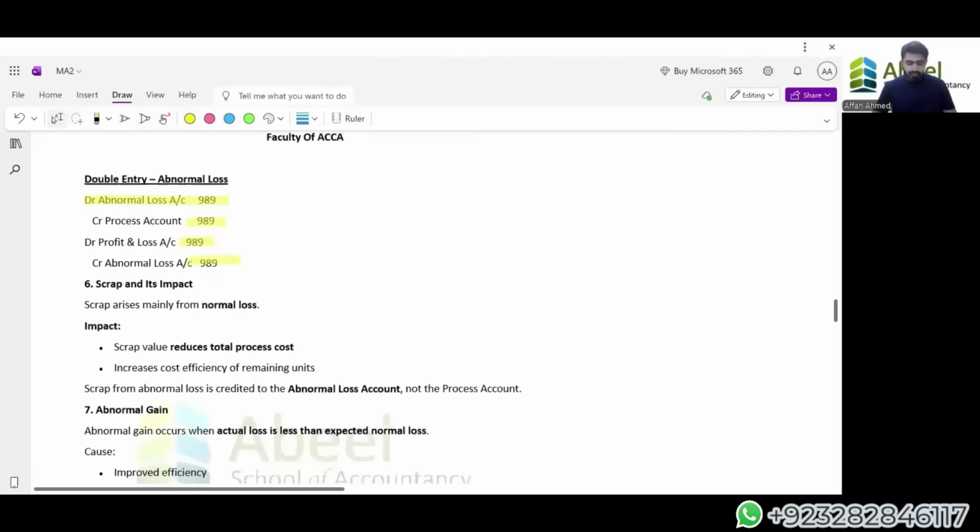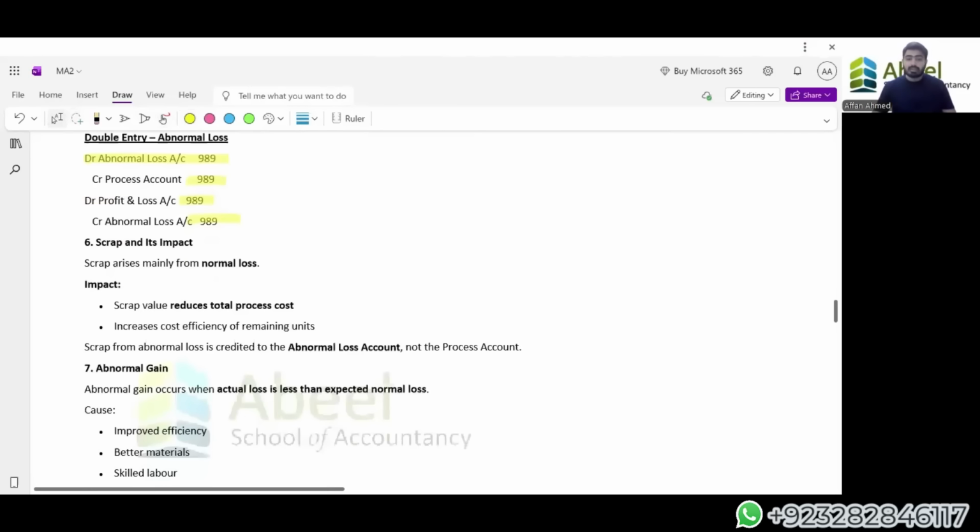Now the scrap value account is similarly the same concept, something that we can easily see. The only thing that you need to know here is that scrap from abnormal loss is credited to the abnormal loss account, not the process account. Any scrap value coming in from the abnormal loss is credited to the particular abnormal loss account or transferred to the income statement